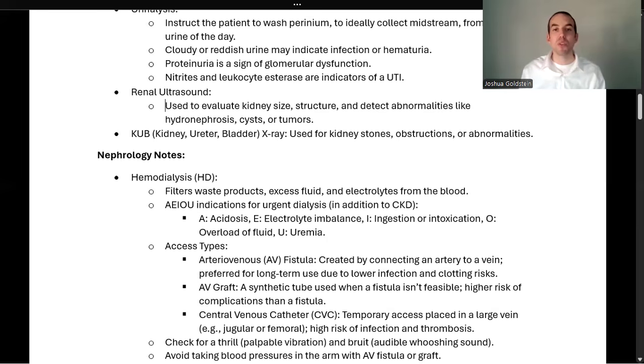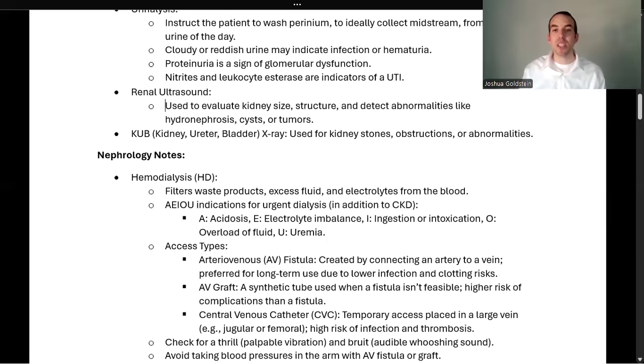This is the number one most recommended use. This fistula is created in one arm, not in both arms. It's done by creating a connection between an artery and a vein. This takes several weeks after the procedure until it's actually usable. From that point forward, that's what the patient uses for their dialysis treatment three times a week or